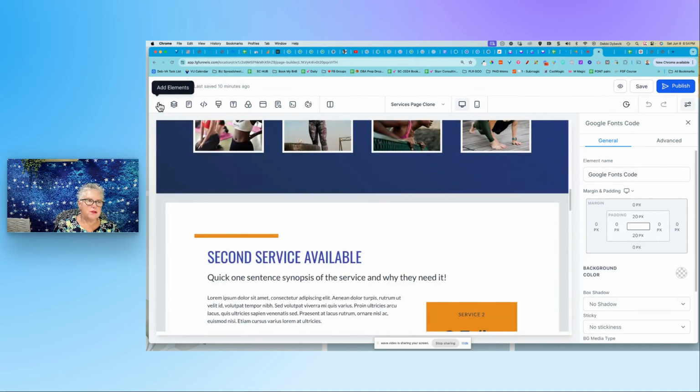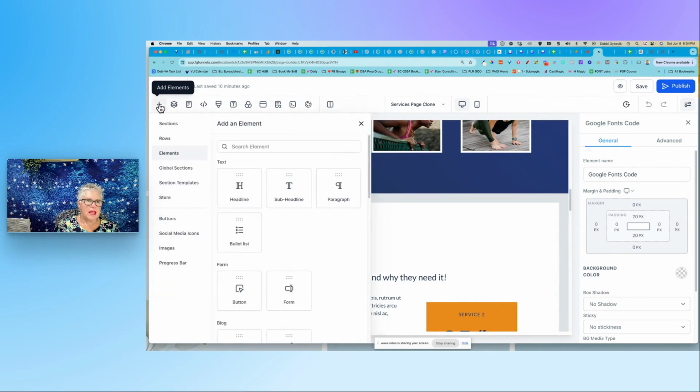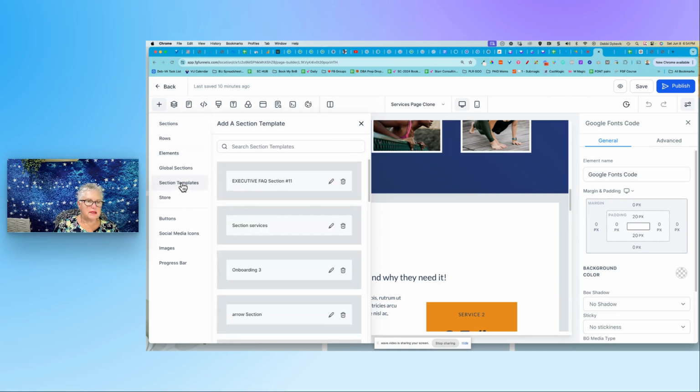So I'm going to, up at the top left, add elements, and notice we have sections, rows, elements, and so forth. See here where it says section templates? And then because I named it with an SC,